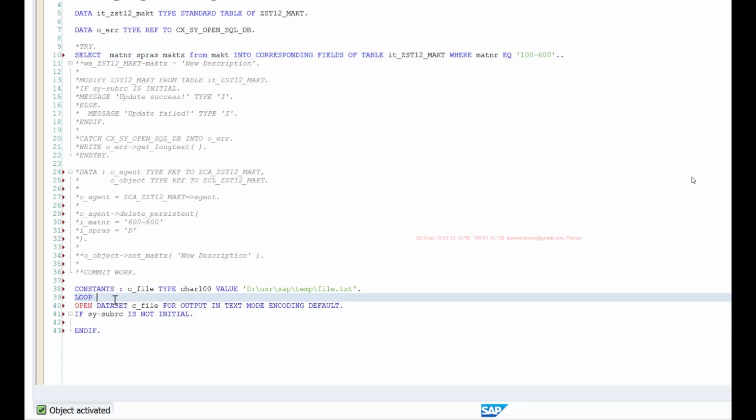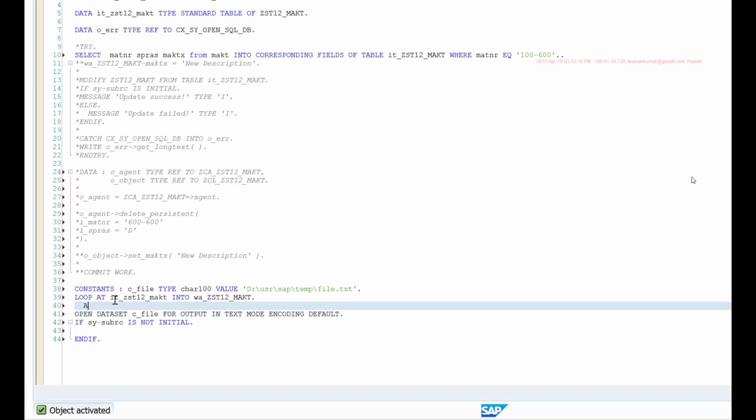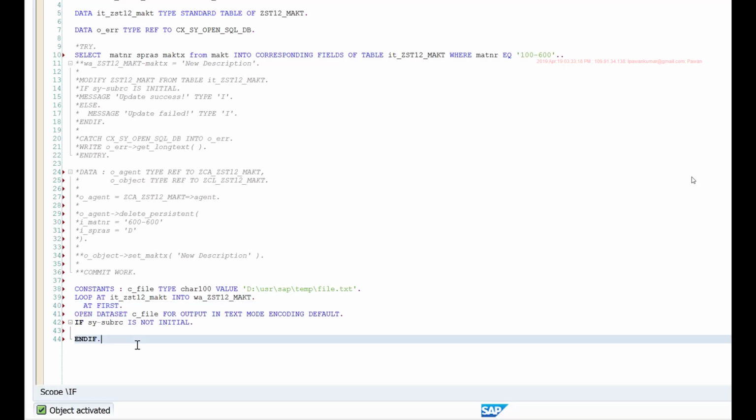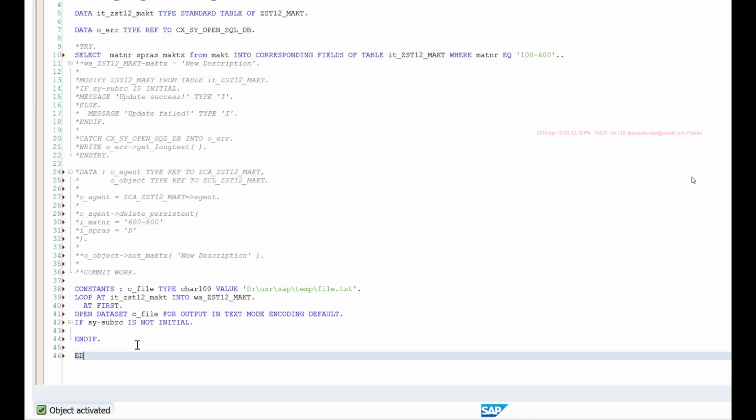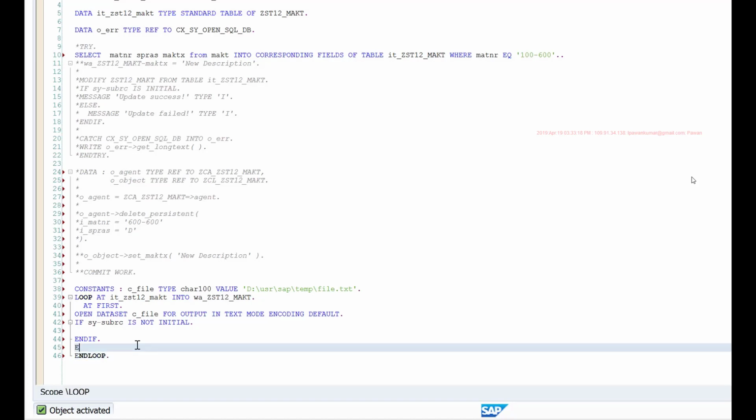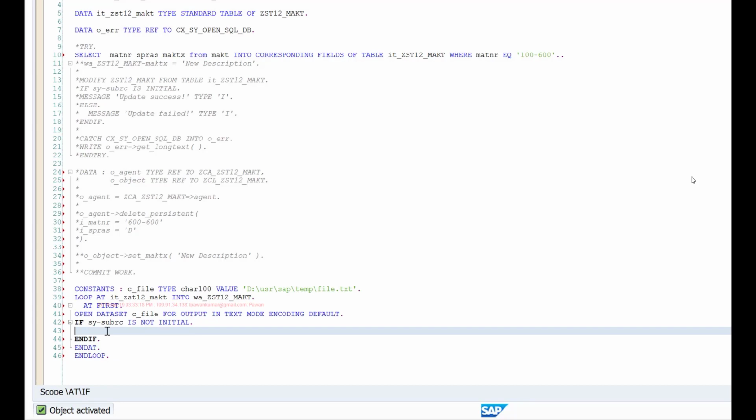So I'll say loop at it_ this into my work area, and at first I'll open the file, and if sy-subrc is not initial, that means if the file could not be opened, I'll give a message.